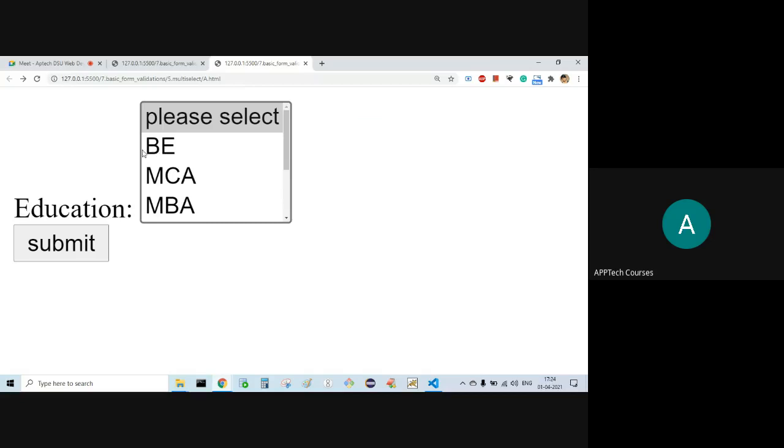But focus should be coming to B, but it is not coming. Let's see that. Now let's say I have selected please select and B. If I click on submit, whether it is going to submit or not, it is going to submit, right? Why? In this particular case, multi-select, I can select please select also and B also.